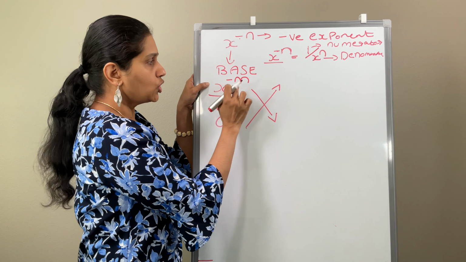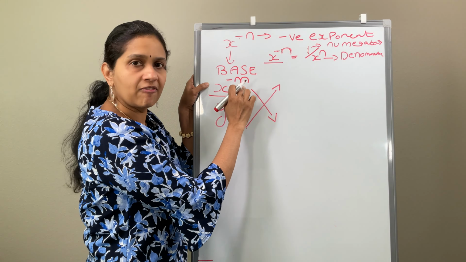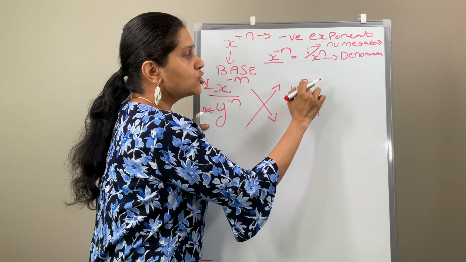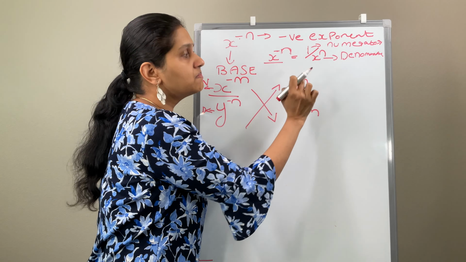That's it. So, you have x to the power of minus m, which will come down with the positive sign. Note this point. This minus n, this is the numerator as I told you, and this is the denominator. So from the numerator, when it comes down to the denominator, the value of the negative exponent will become positive. Note this. Here it is positive, here it is negative. Similarly, when the denominator becomes the numerator, the exponent sign will become positive. See, in the denominator it is minus n, and when it goes to the numerator part, it becomes positive.